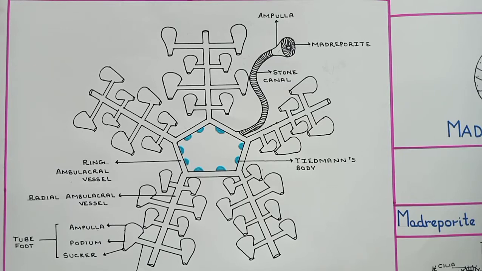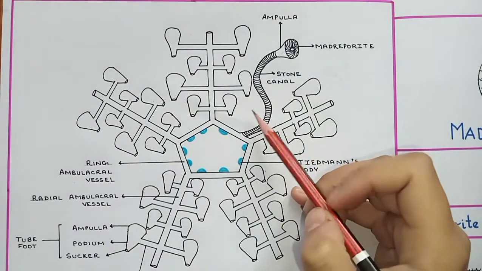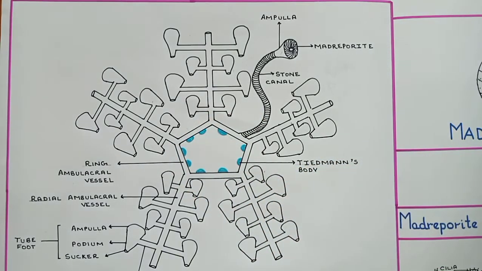Now, this water vascular system is derived from the coelom, and it is full of watery fluid, hence it is given the name the water vascular system. Now, if we talk about the components of the water vascular system, it consists of